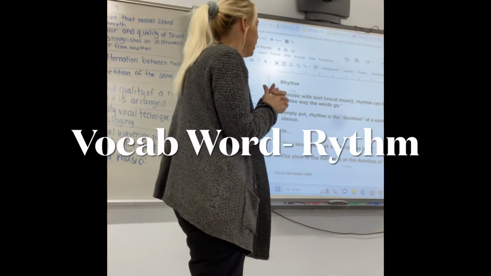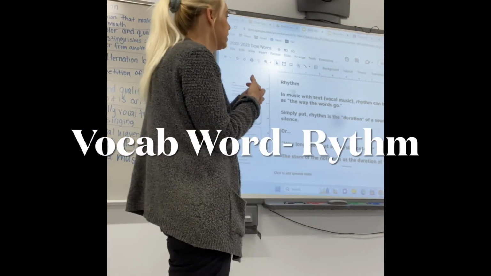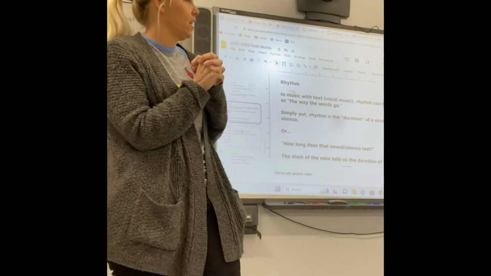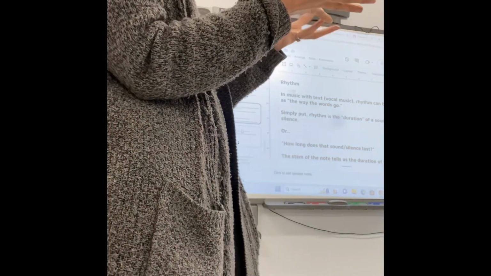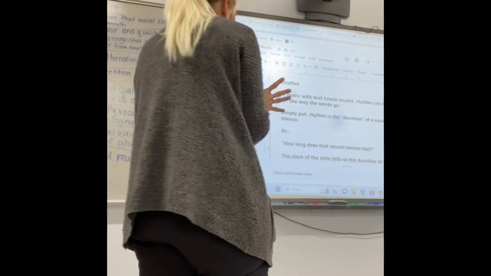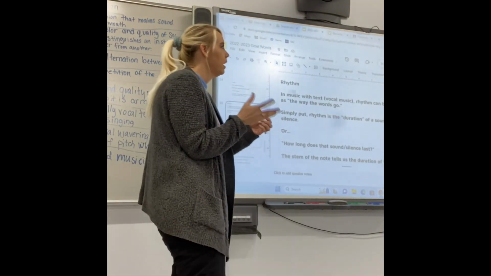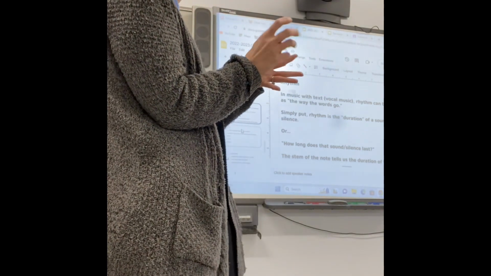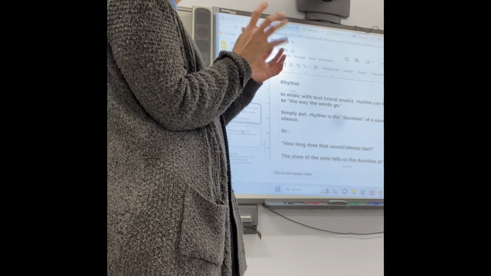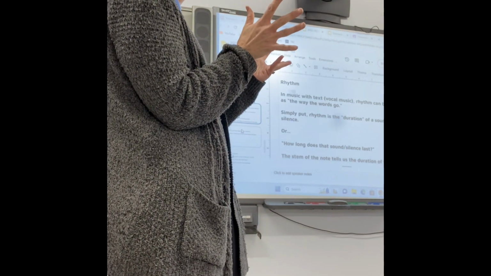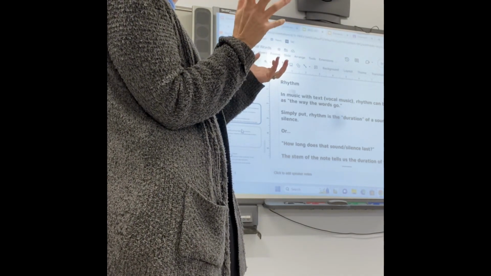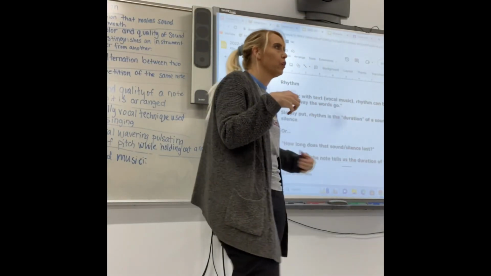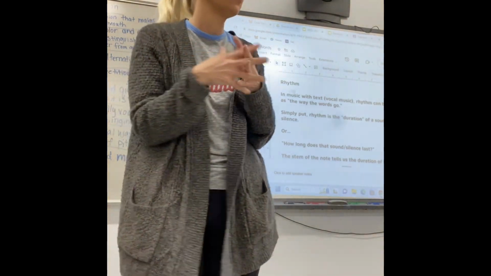Rhythm is the duration of a sound or silence, or how long the sound or silence lasts. Each note has its own value, whether it's a half beat or a beat or whatever. Rhythm is something that's going to keep you in beat, if that makes sense. It classifies each little note. So I don't know if you want to put, when it says the duration of sound or silence, how long you are making sound.